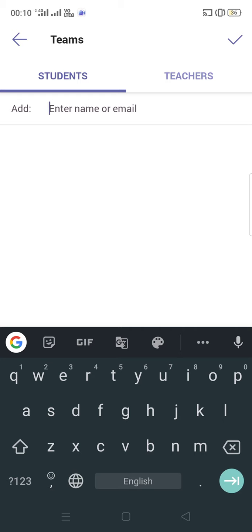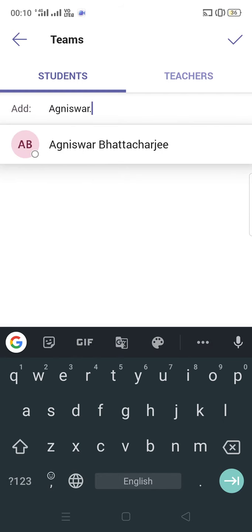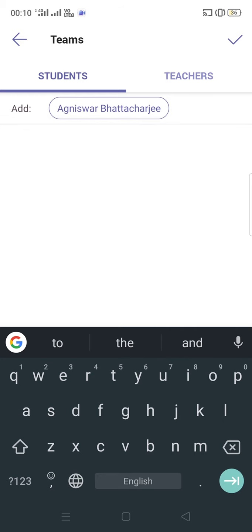Since I created one user, I will write Agnishwar. Okay, I have got this. See, Agnishwar Bhattacharya, which I created there in step 2, I've got here. So very nicely it is connected. Now if there's another student, you can write his or her name here.